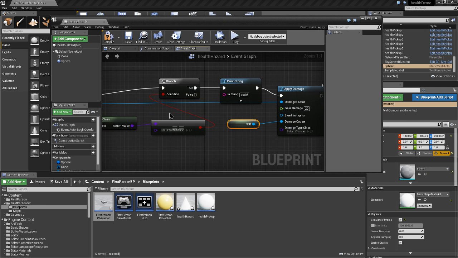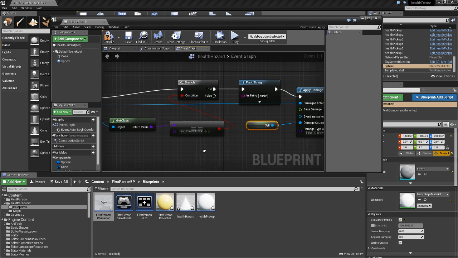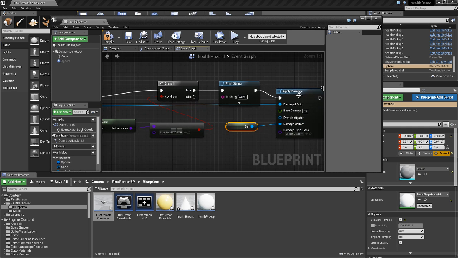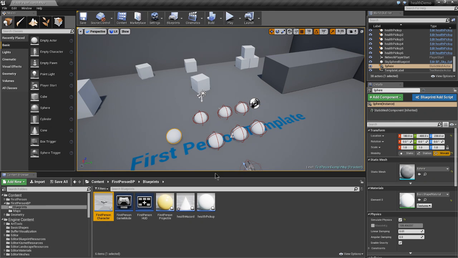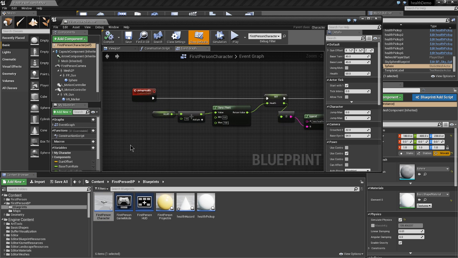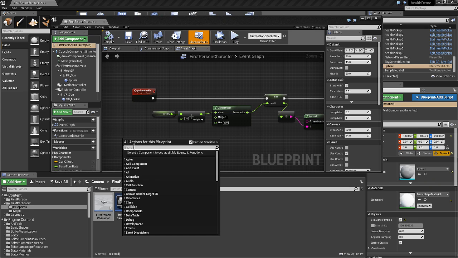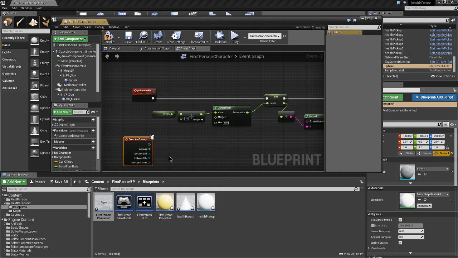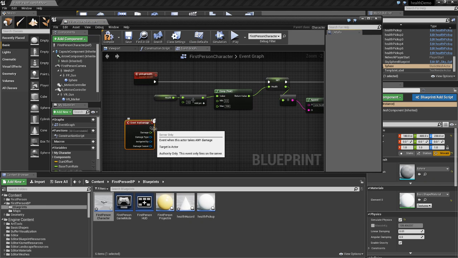We don't need to create a custom event inside the player because the damage system will do all that for us. We're just checking just to make sure it is the player that's walked into us before we do any damage application. But that should work for the health hazard. In our first person character then, we've just got to tell it what to do when we receive damage. And so we just right click and we look for an event called AnyDamage. So any damage that comes our direction, we're just going to